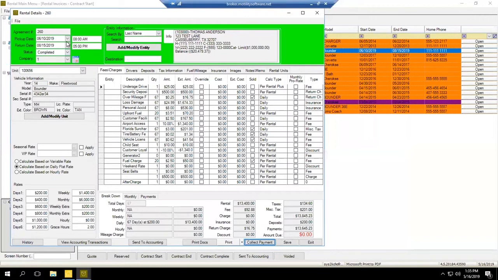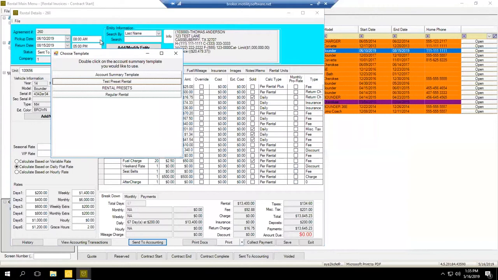So that's that. Then, of course, the last step would be to post it to accounting, which it's probably your accounting department that would do this. They would look at the agreement, make sure that everything balances to 0, make sure everything looks good, and then finally click that send to accounting button at the bottom. And this is a step that you don't get in parts and service, but this is a step in the finance part of our software. So we're pulling, again, more design language from that finance module, and we're putting in an accounting template where we can say, okay, rental preset,